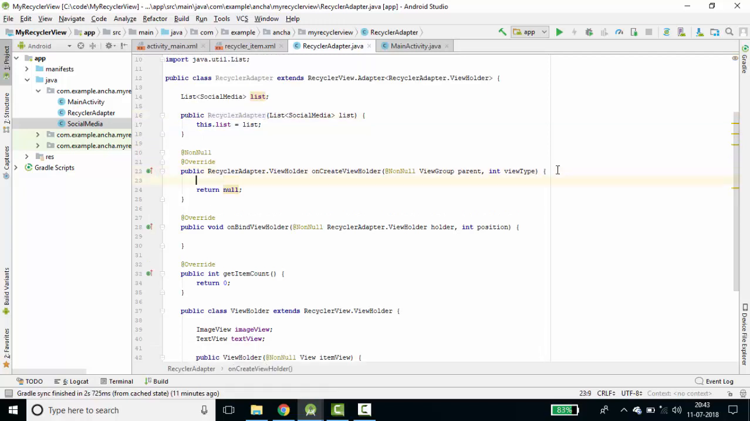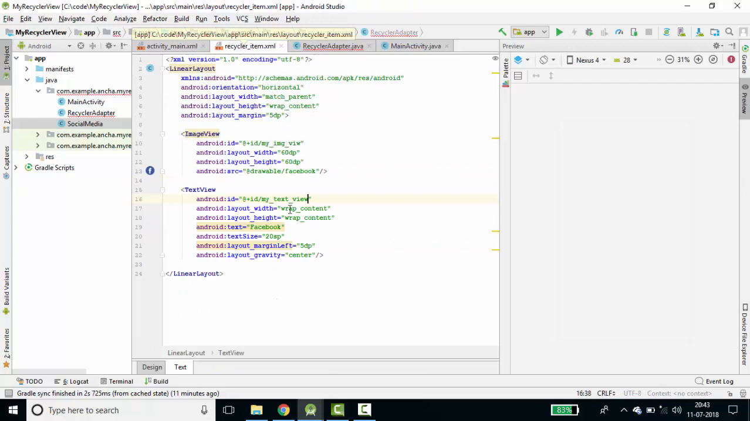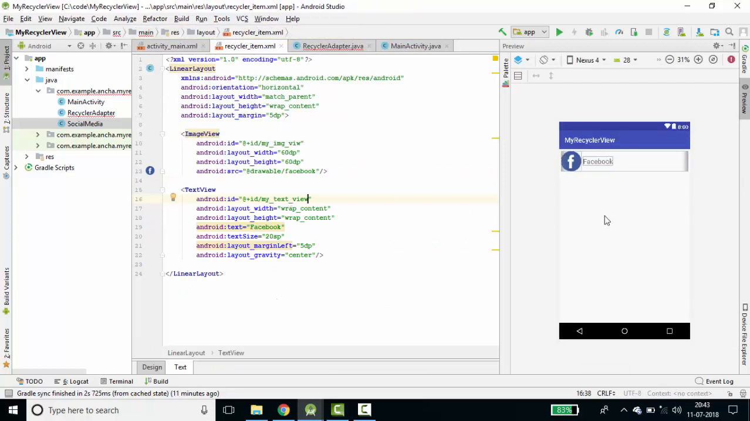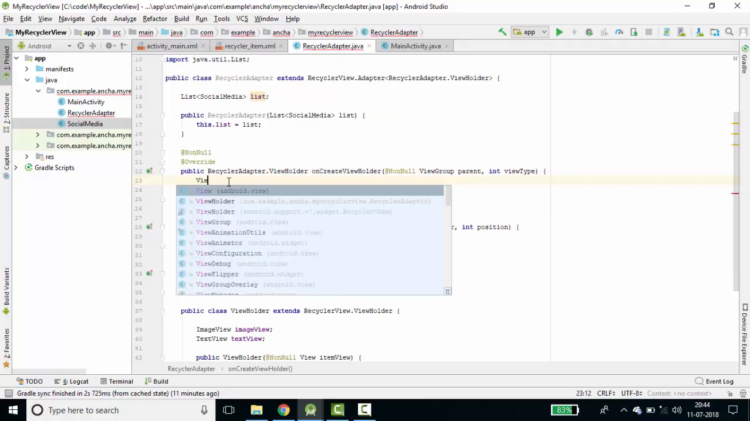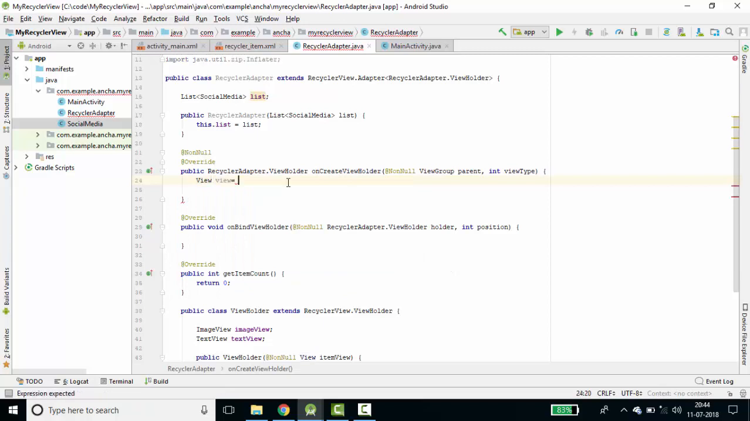So now as you can see, we have the RecyclerView ViewHolder method to create a view holder, and it returns something to us. Since we have made an external layout for displaying this list repeatedly, we will add a view object here. So view equals to